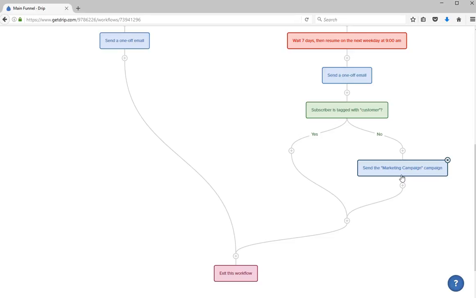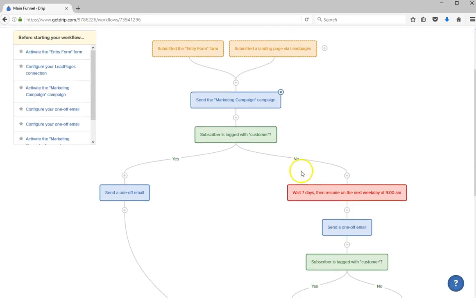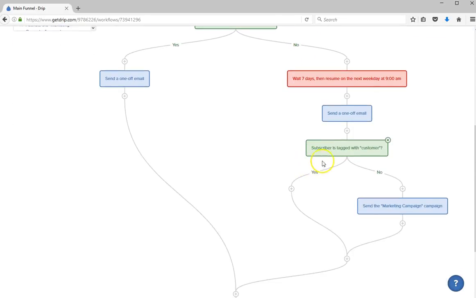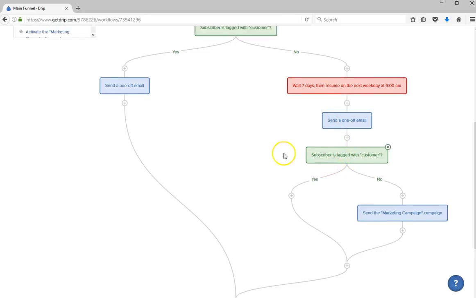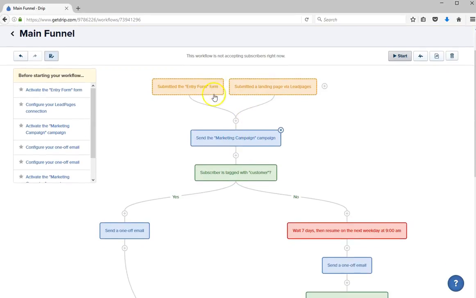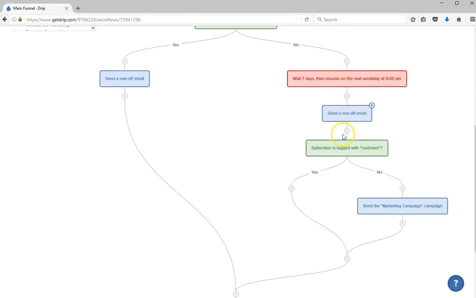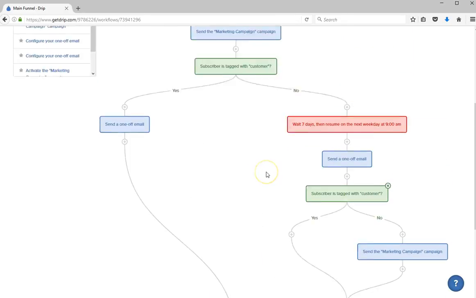So again, it's this way of building these workflows that you can really start to tailor your marketing based on the behaviors of your subscribers, rather than just this shotgun approach of, I know what I'll do, I'll just send out a marketing campaign and hope people buy. You're strategically sending campaigns out, but then based on what people do and the resulting actions, you're then sending customized emails to them. So that's, again, this workflow and automation